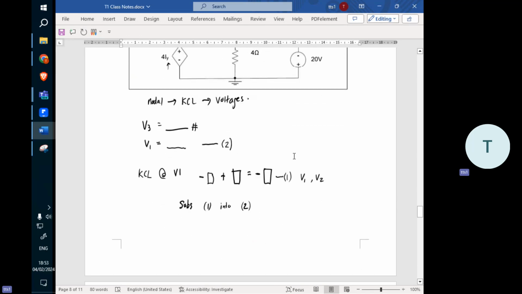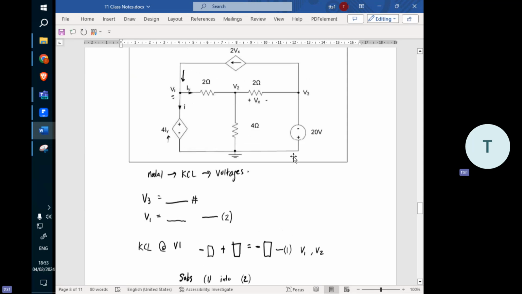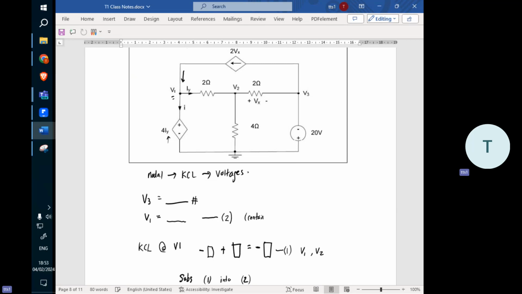Okay, let's clear the confusion here. Remember, I told you that the V1 node equation also contains IY, right? Okay, it contains IY. Now let's define what IY is, because this is the IY in this 4 times IY